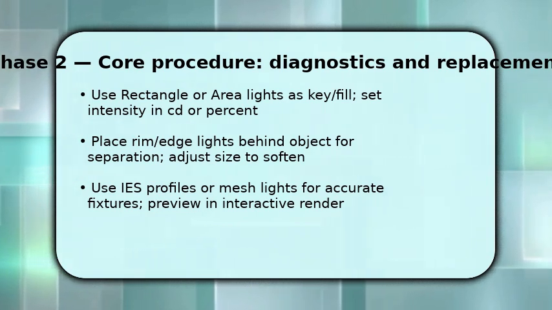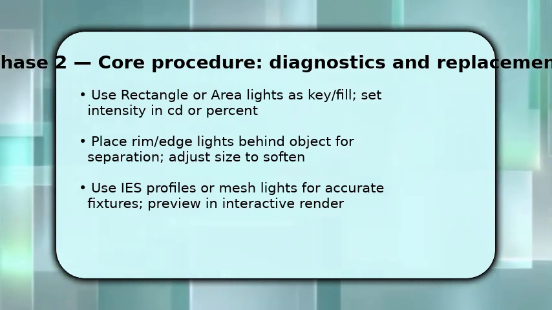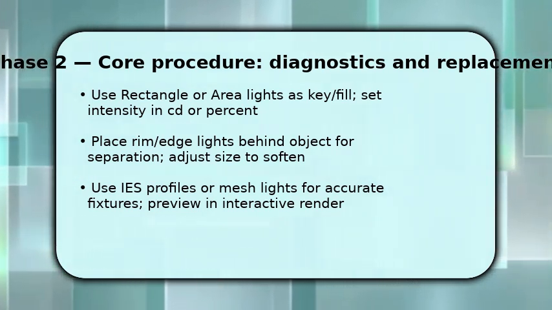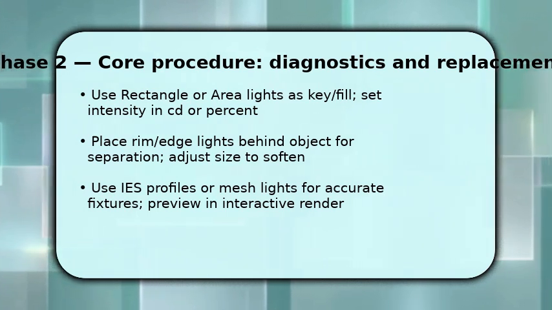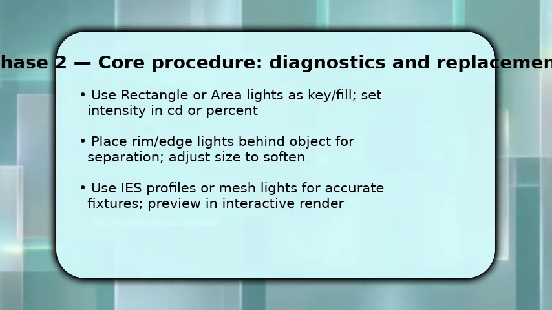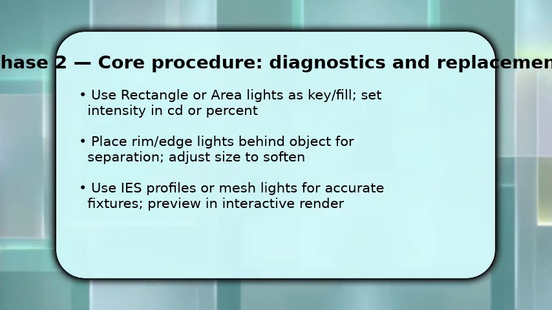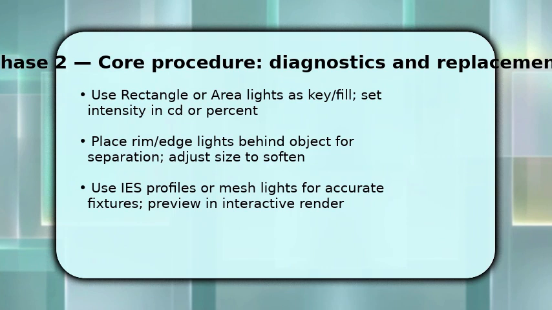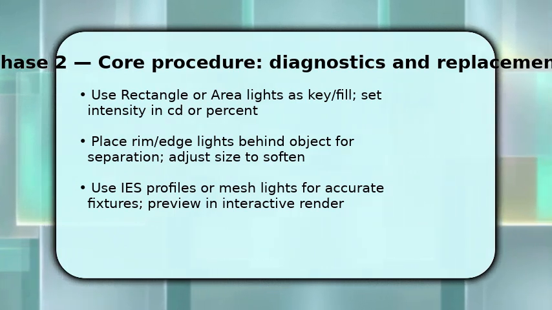Then add a softer fill light on the opposite side to lift shadows without flattening. Place a rim or edge light behind the object to separate it from the background. Also, try mesh lights or load IES profiles for realistic fixture behavior, and watch the interactive render to refine size